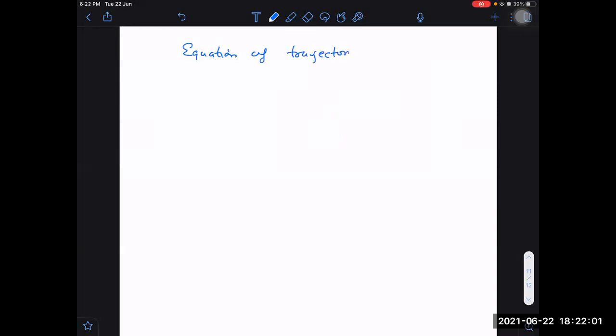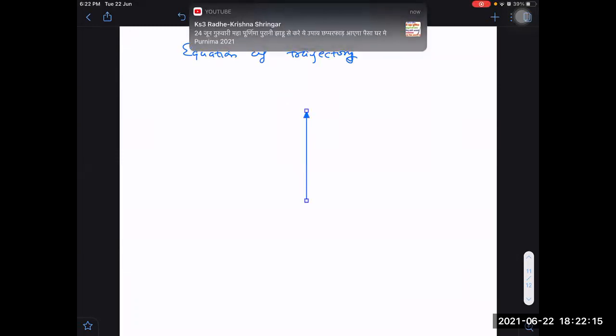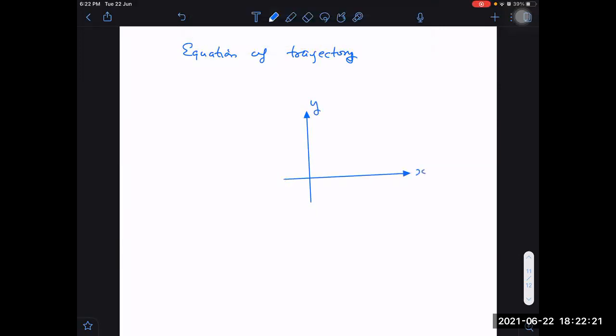trajectory. I will not prefer to write the equation of trajectory by taking the vertical axis as v. Instead of that, I will prefer the vertical axis now as y. It will be otherwise unnecessarily complicated. Whenever we want to write the trajectory equation, I will take the vertical axis as y and the horizontal axis as x. Then the equation will be much simpler. Why that is so, I will give you the reason for that.